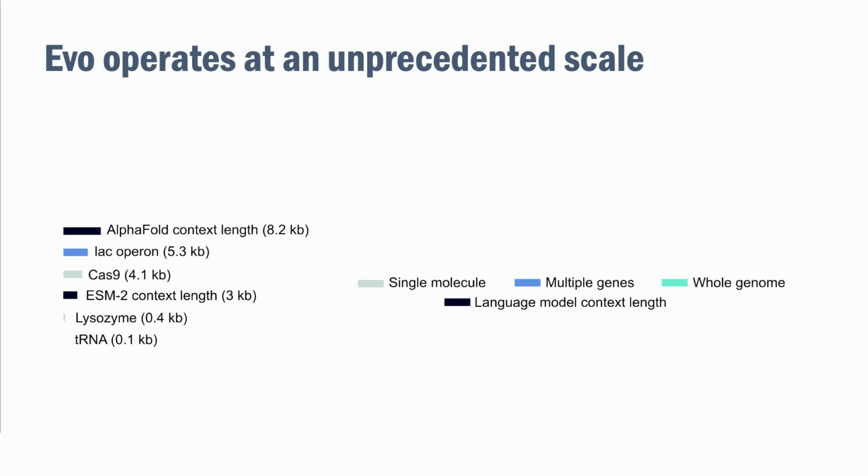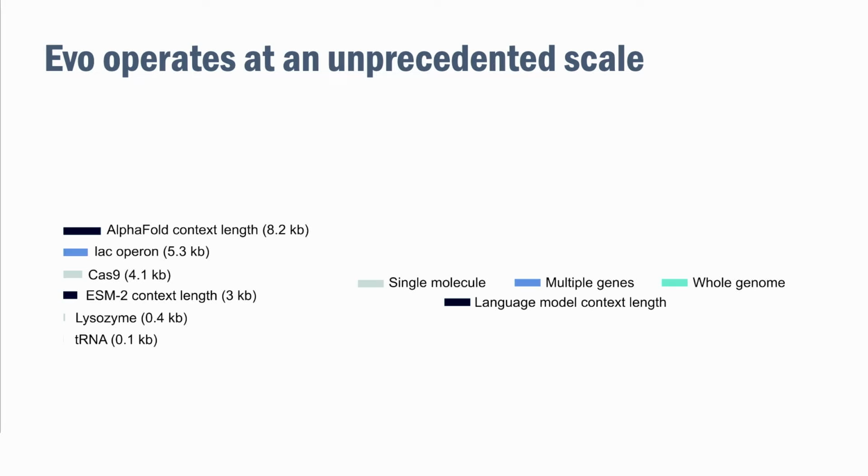Cool. So this is a track on molecules. I just wanted to emphasize the different scales of complexity that the model can actually understand. So if you think about models of molecules or common biological molecules like proteins or RNA, so for example, Cas9 or lysozyme, which are these proteins, or a tRNA, which is a very small RNA, they're actually quite short, so you can maybe understand them using programs like AlphaFold or ESM, which have these pretty short context lengths at the